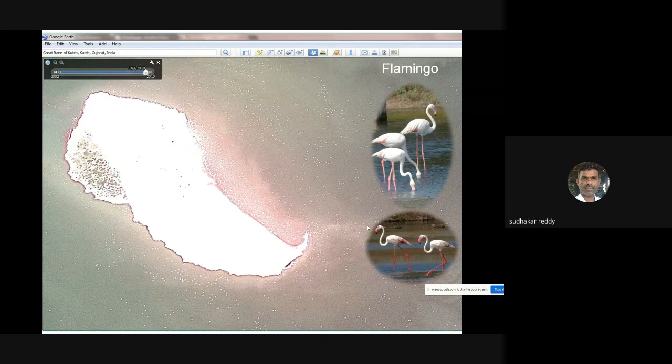It clearly shows white dots, which are flamingos, and there is one white patch in this imagery, that is the flamingo city, one of the hotspots of flamingos in the Rann of Kutch in Gujarat. So this patch is completely filled with lakhs of flamingos, which visited in